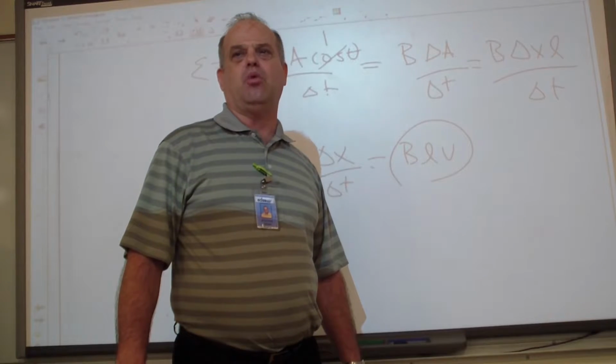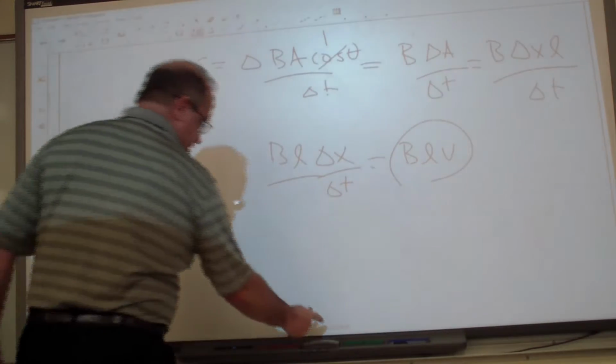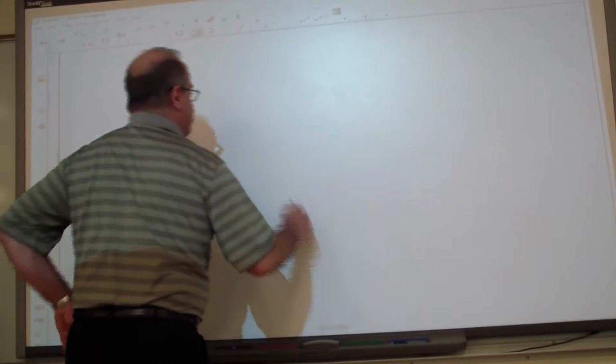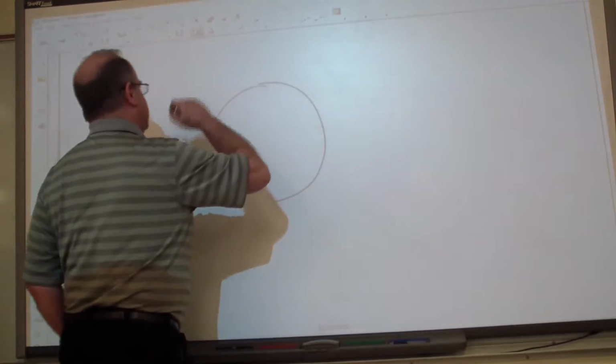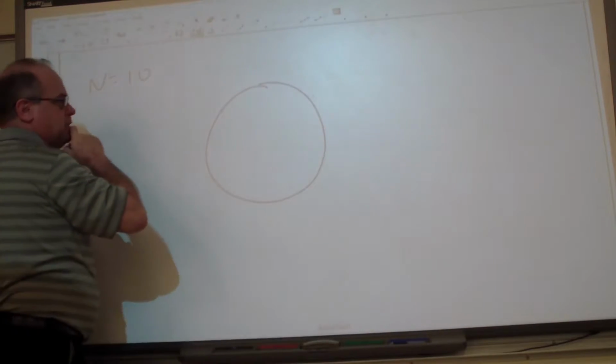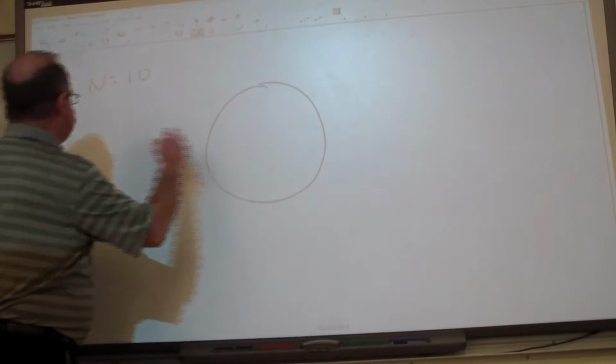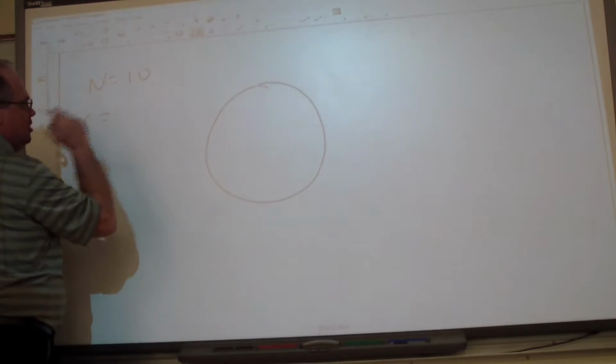Guys, let's do one more where the B field's changing, okay? And then I'll get you out of here. So let's say you have a coil, and let's say N is equal to 10. 10 turns. It's a circular coil of wire. Okay. So there, and let's say the radius of that thing equals,